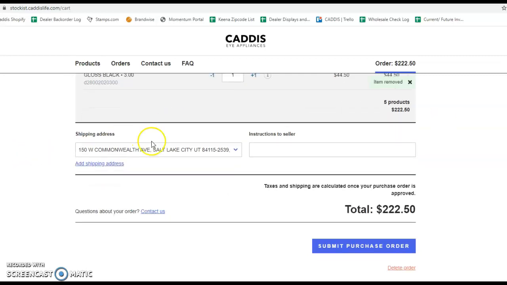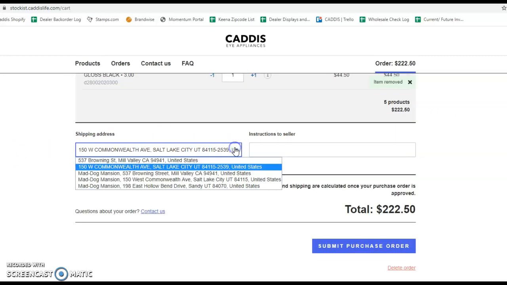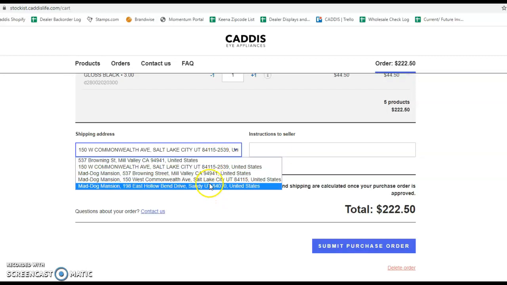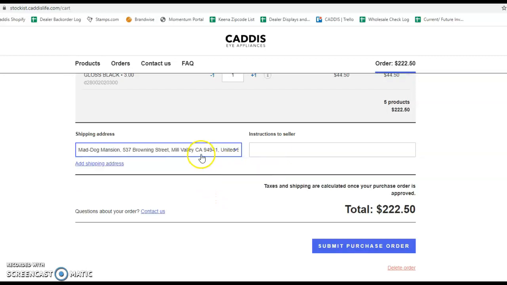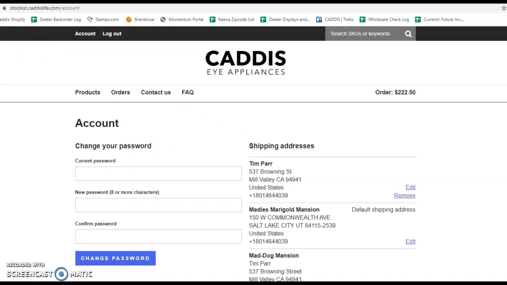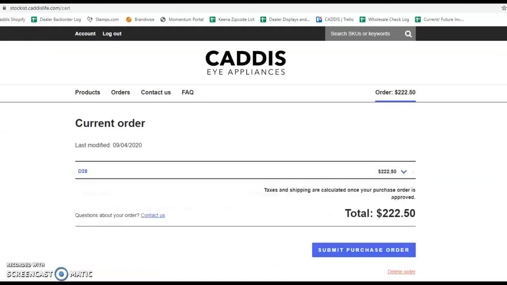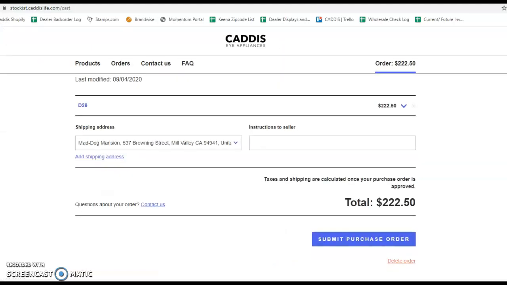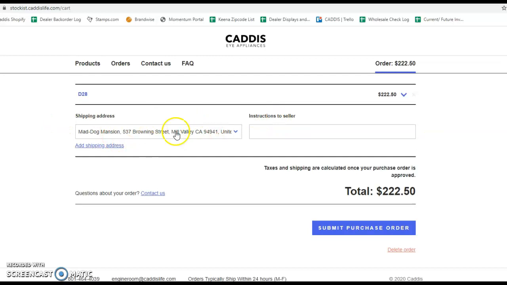And then it will ask you to confirm the shipping address, and it gives you a couple things that you can choose from, I guess, if these are your existing addresses, but you can also add a new shipping address. It'll make you type in your password, but you already have that information. So that's where you can put the drop ship, and then in here, if it is a drop ship, just make a note, drop ship, because then we know to charge the $10 fee,